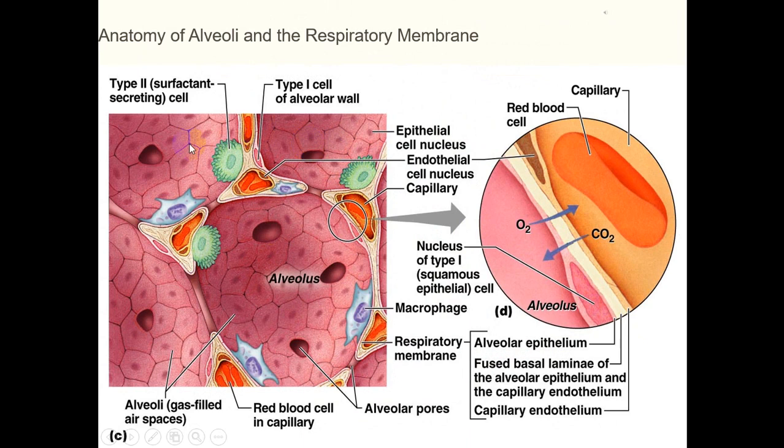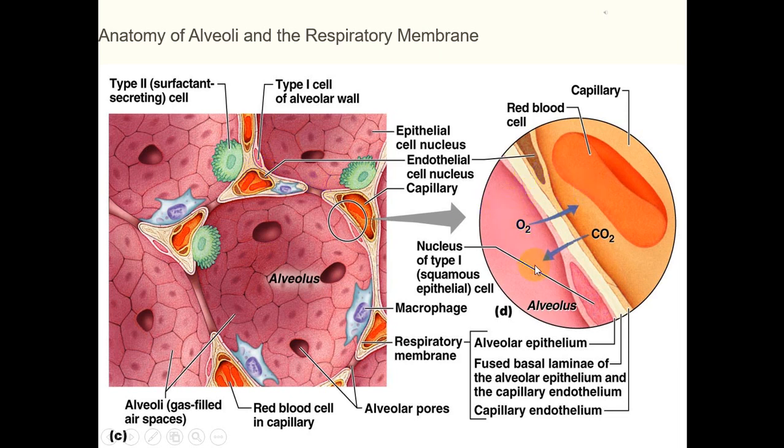Looking at the anatomy of the alveoli, we can observe that the main structure of the alveolus is formed by the type 1 alveolar cells, which seen here seem to be polygonal, but in cross section we can see that they are squamous cells. So simple squamous cells line the alveolar epithelium. Other than that, there are also type 2 alveolar cells, which are cuboidal cells, and they secrete surfactant, which is responsible for reducing the surface tension in the alveoli. We can also observe capillary walls associated with the alveolar walls, making up the respiratory membrane.